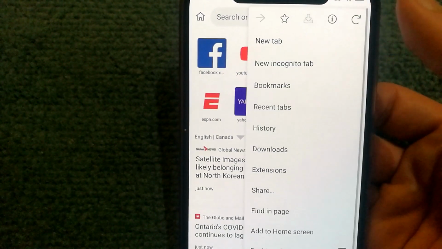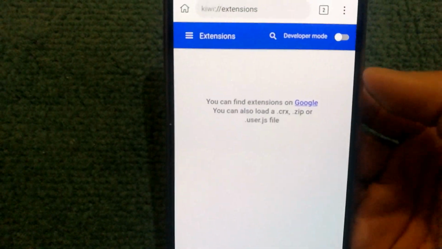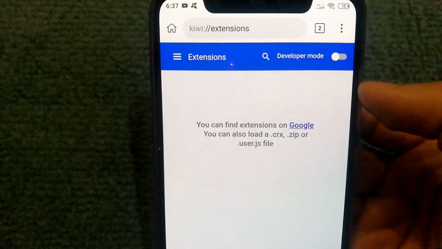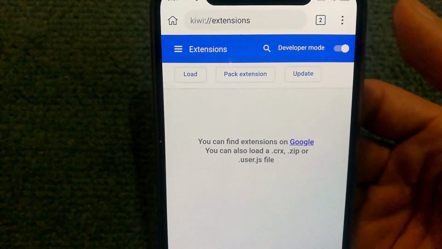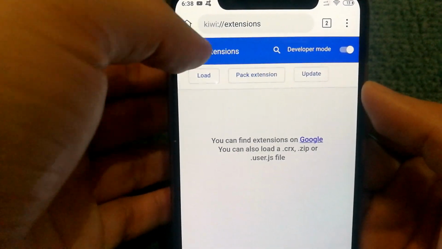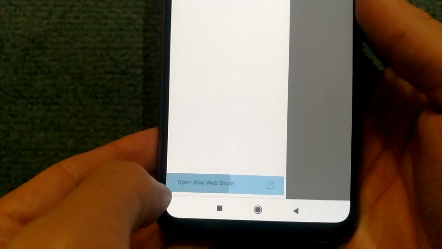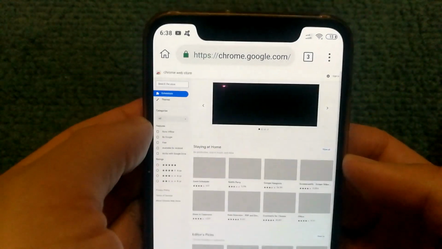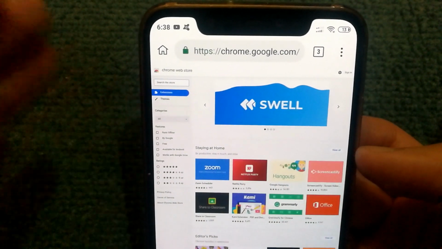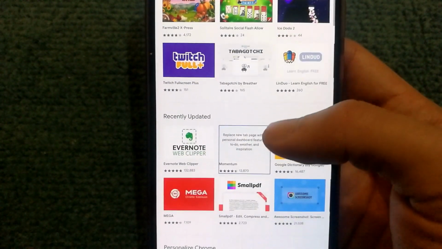and then go into menu, extensions, and you'll need to enable developer mode. And now you can install Chrome extensions. So we're going to go in menu and then look for open Kiwi Web Store, which will actually open the Google Chrome Web Store. So let's try to install